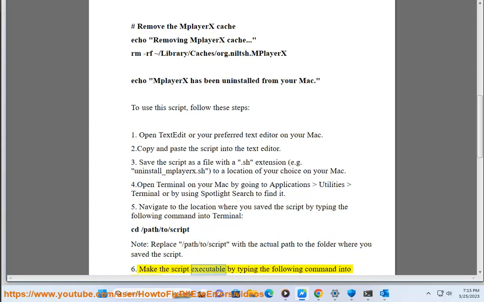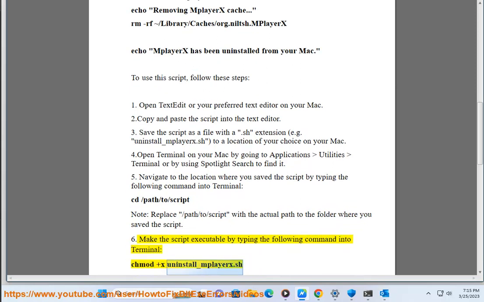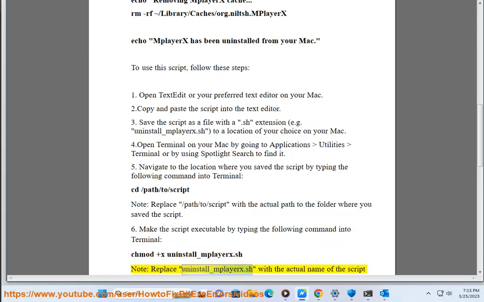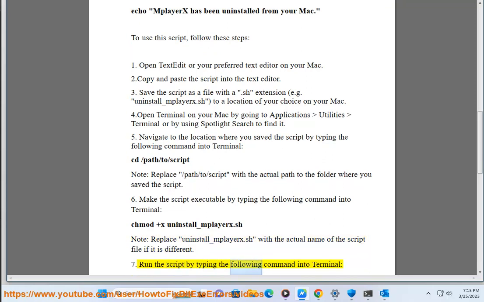6. Make the script executable by typing the following command into Terminal: chmod +x uninstall_MPlayerX.sh. Note, replace uninstall_MPlayerX.sh with the actual name of the script file if it is different. 7. Run the script by typing the following command into Terminal,